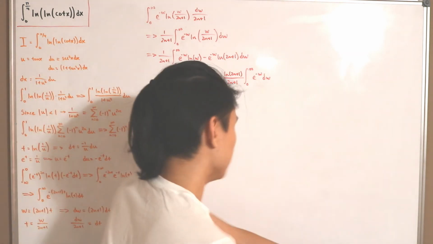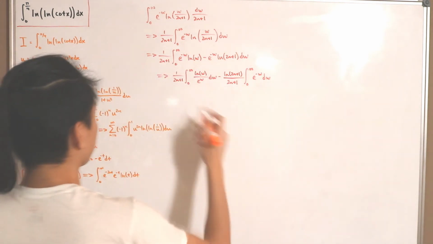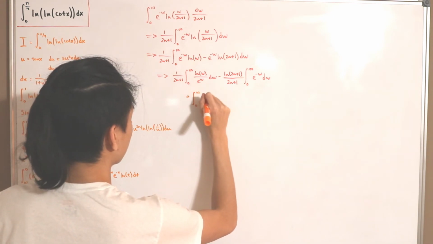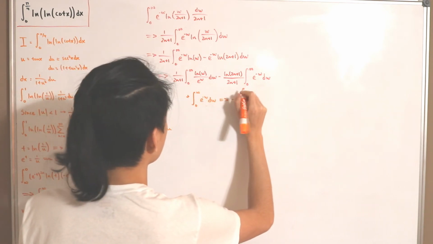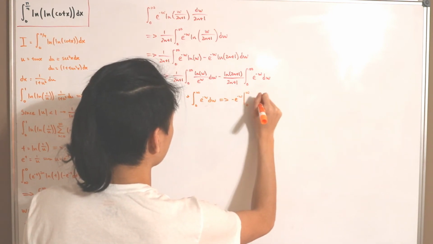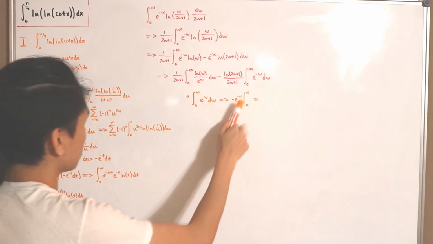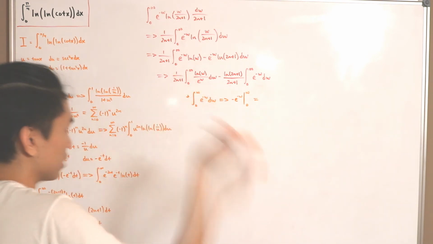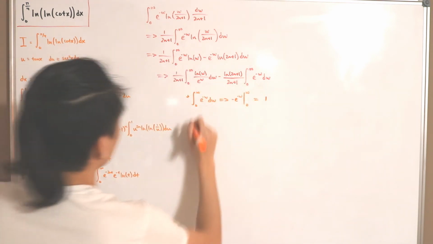Okay, so now we have to calculate our definite integrals. Let's start with the easy one. This is really easy to show. We have the integral from 0 to infinity of e to the negative w dw. If I do u-sub, we get that this is just negative e to the power negative w, evaluated from 0 to infinity. If I plug in infinity, we get e to negative infinity, that's just 0. And if I plug in 0 for w, we get e to the negative 0, that's just 1. So we get 0 minus 1 with a negative, so this is just 1. So it's just a constant itself. But also notice that